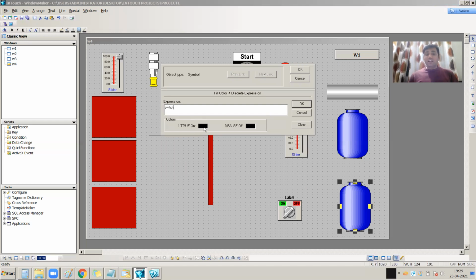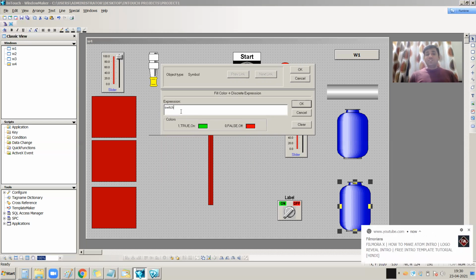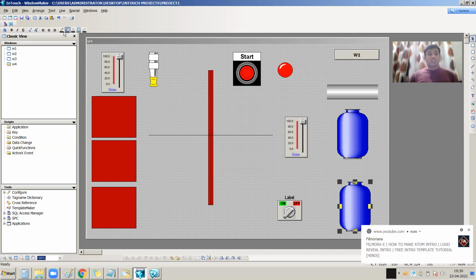And what is the color for true? I am attaching the color green for true, and the color red for false. So this is my expression. Whenever my switch tag is 1, that means true, my object changes its color to green, and whenever my switch tag is 0, my object changes its color to red.